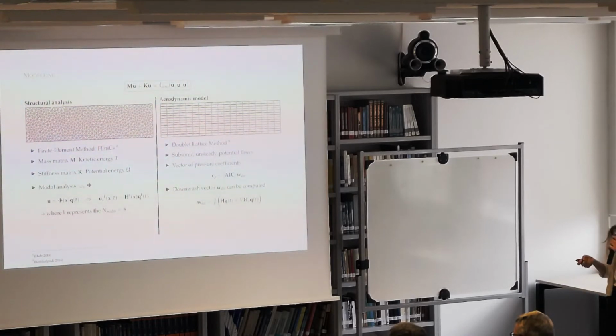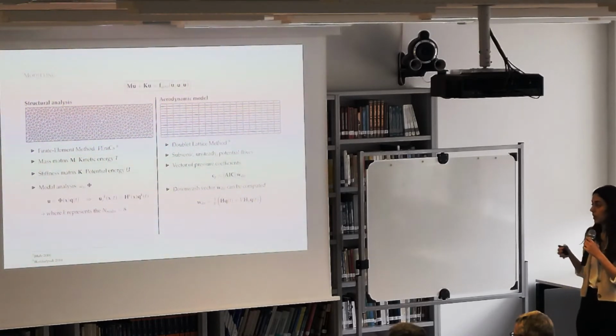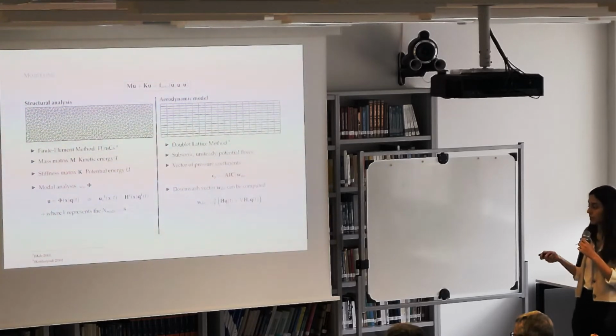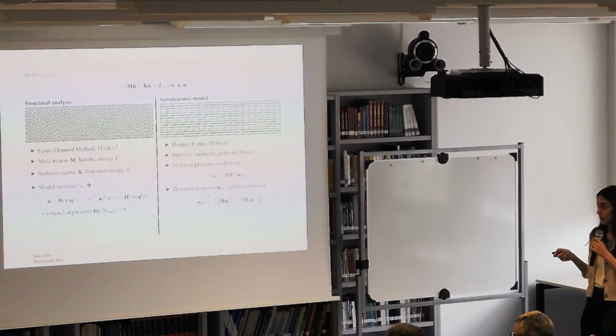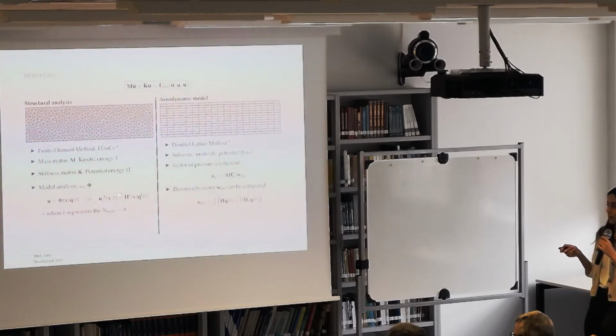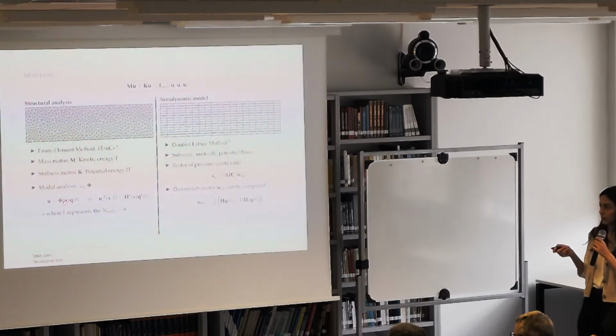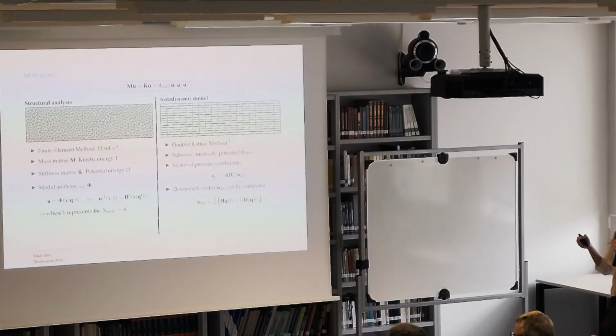I conduct a modal analysis that allows me to calculate the structural frequencies and mode shapes that will then allow me to construct my displacement in different directions. But in this work, we are only interested in the vertical displacement. This is why we only keep the H components of our matrix phi that allow us to express the vertical